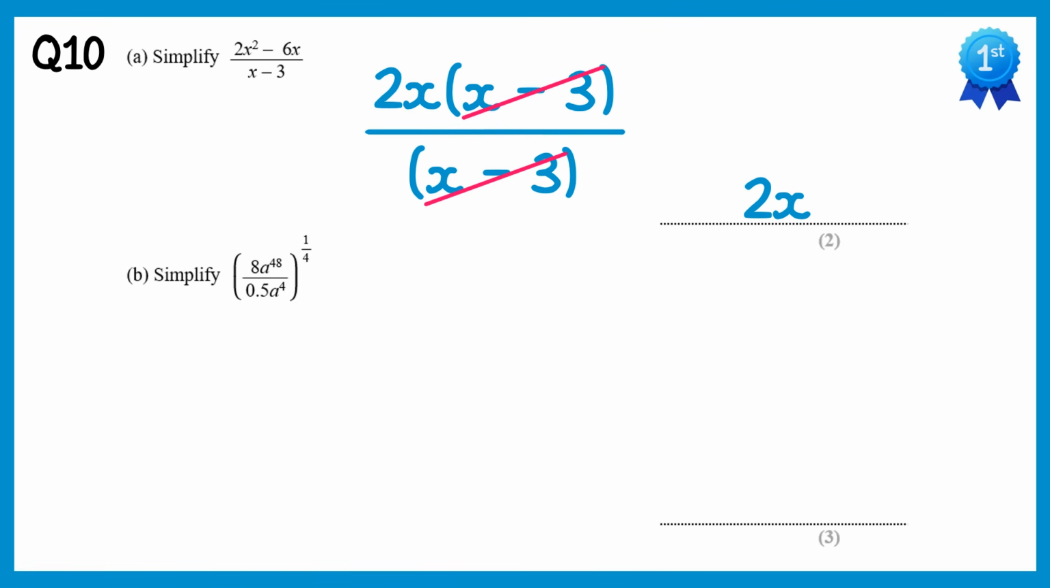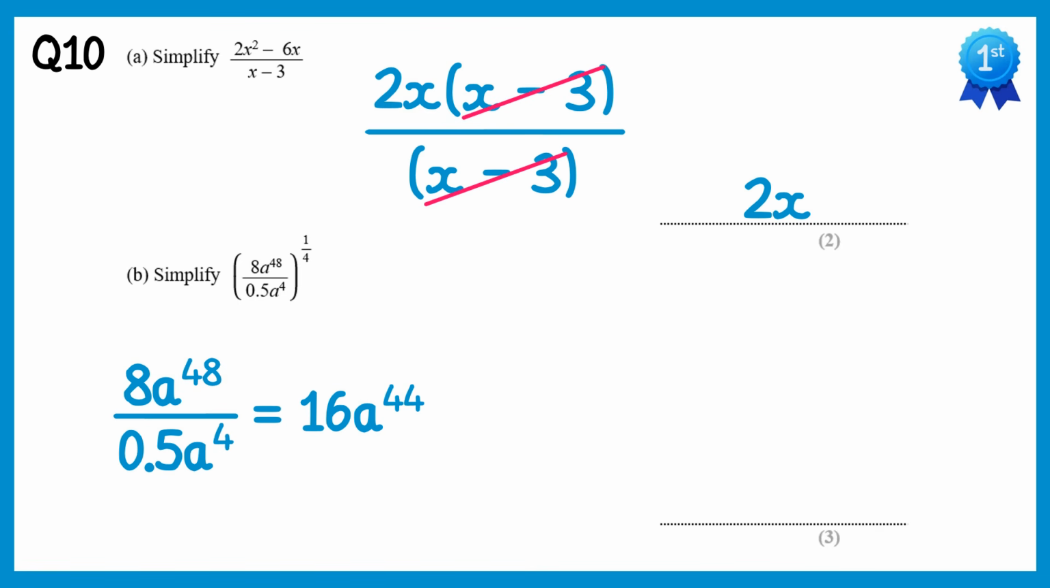For the next part of this question, we're going to focus on what's inside the brackets first. So if you do 8 divided by 0.5, you'll get 16. You can do that on your calculator if you need to, remember. And then we've got a to the 48 divided by a to the 4. When you divide here, you subtract the powers, so 48 take away 4 is 44, so it's a to the power 44. So inside the bracket would be 16 a to the power 44, and this is all raised to